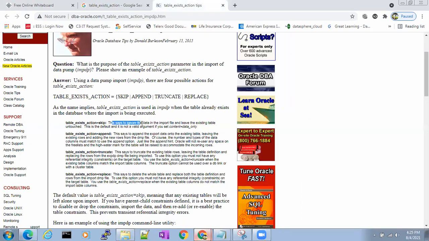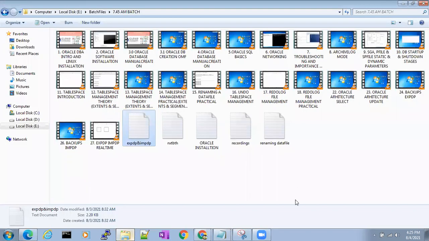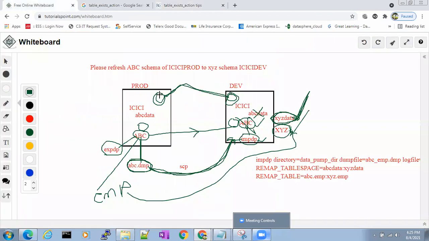It says to ignore the data in the import file and leave the existing table untouched. What is the meaning? For example, in one table there are 10 rows. Here you have five rows.